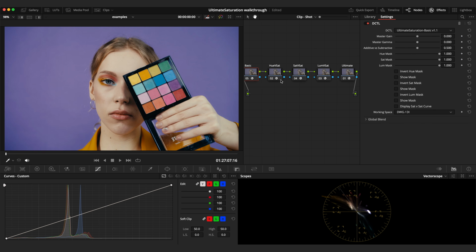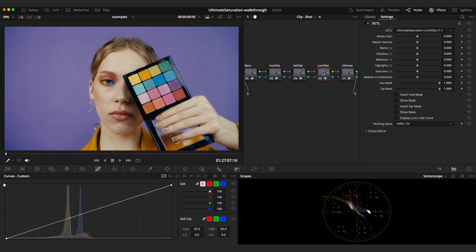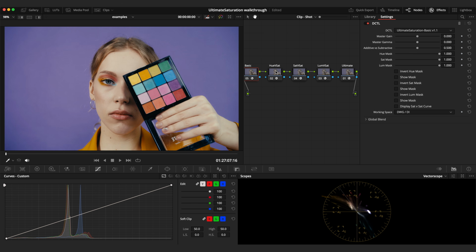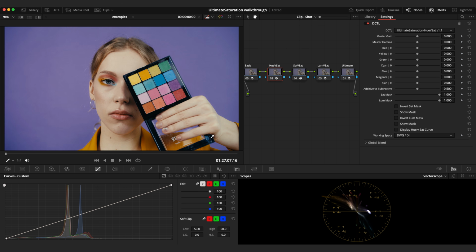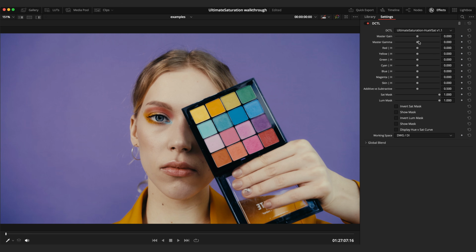So now that you have a good overview of the tools, let's take a closer look at each module and go through some different examples. The first module, Hue V Sat, is probably the toolset you're most familiar with coming from Resolve's Color Slice or other existing DCTLs. You're given control over 6 vectors plus skin, but unlike Color Slice, priority has been placed on